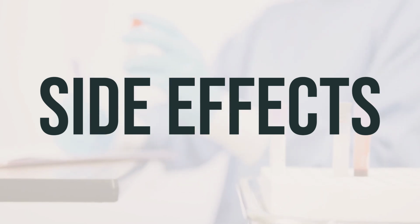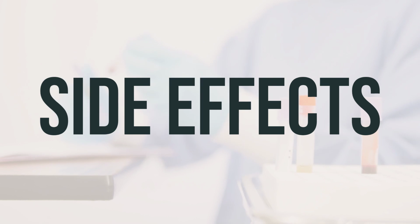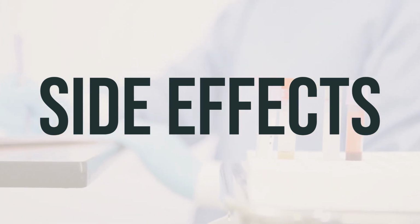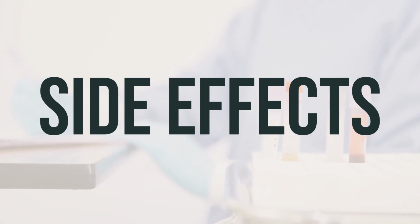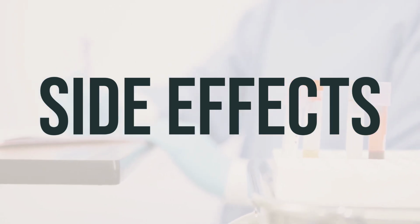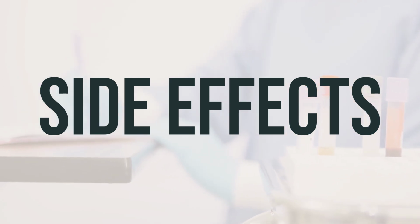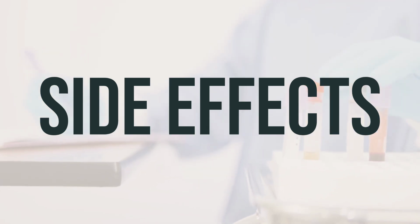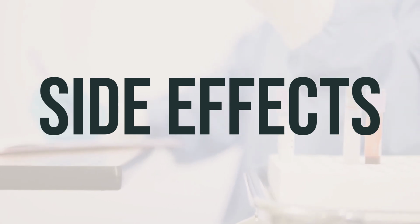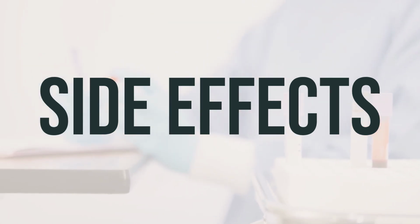However, it's important to inform your doctor immediately if you notice any signs of liver disease, such as persistent nausea or vomiting, loss of appetite, abdominal pain, yellowing of the eyes or skin, or dark urine. Augmentin Es-600 may rarely cause a severe intestinal condition due to a bacteria called C. difficile. If you experience persistent diarrhea, abdominal pain, or blood in your stool, it's important to contact your doctor right